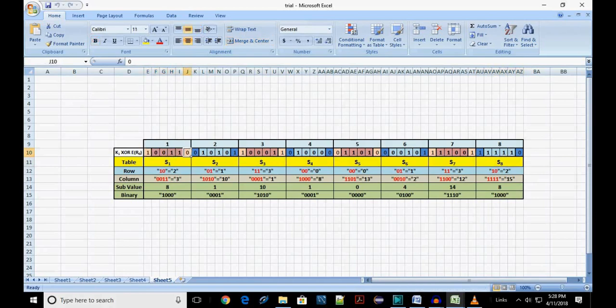Consider the first and the last bits to get the row value. Row value here is 2, and in the next set it is 1. Now we consider the middle values. These 4 bits give you the column value. For the first set, we get the column value as 3, and for the second set it is 10, and so on. The values for all the 8 sets are tabulated. Now we know which substitution table to look into for each set, and we'll find the values.